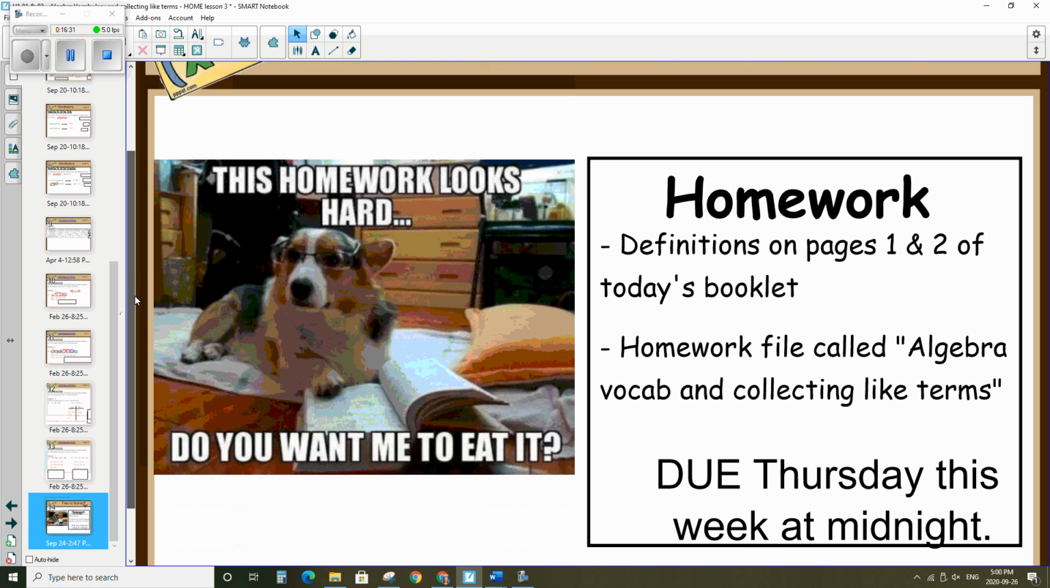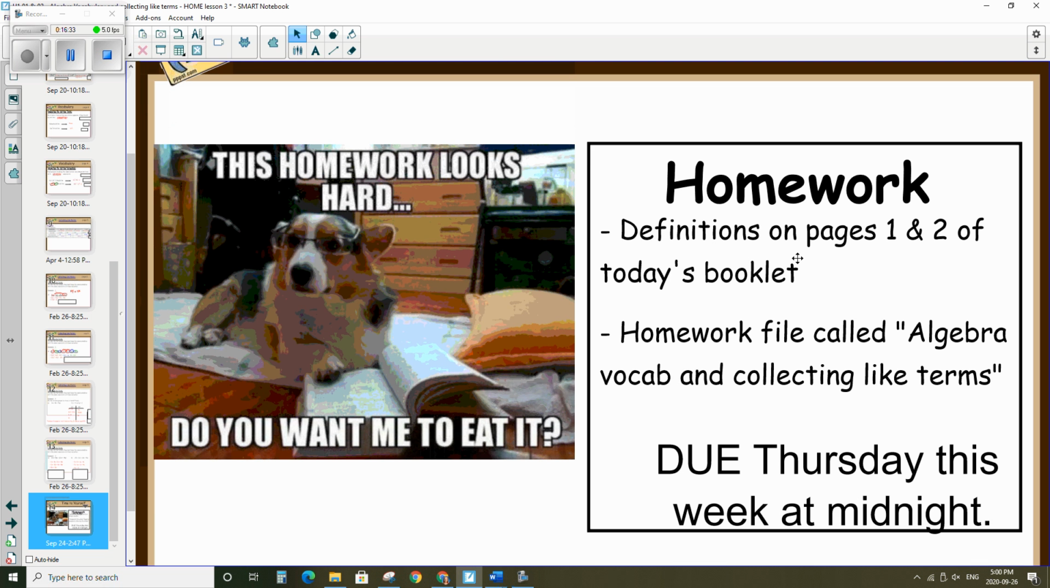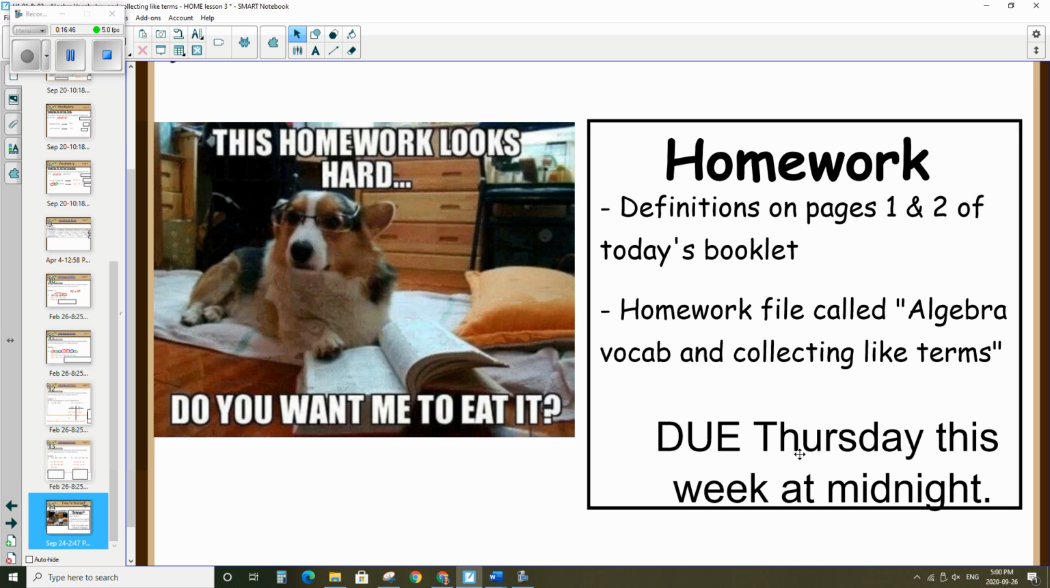For homework, what I'd like you to do is do the definitions on pages 1 and 2 of your booklet that you've got. And I already explained what you need to do, right? Take photos and submit, or you can do a digital copy in a Google Doc and submit that instead. That's going to be due on Thursday at midnight. You've got a class with me in person